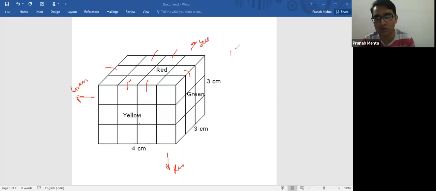Remember, there are a total of 12 edges, and the two-face cubes come from edges only. The problem here is that the edges don't all have the same number of cubes. For example, here we have two cubes from one edge, but here there's only one cube from one edge. So we need to count how many edges give two cubes and how many edges give one cube. Do the calculation fast.